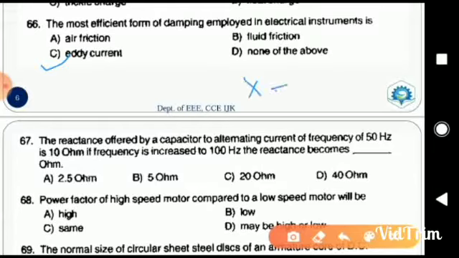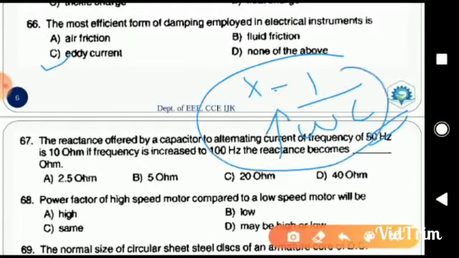We know that the reactance is equal to 1 by omega c, and omega is the radial frequency. Now, the angular frequency is given by 2 pi f. With the frequency, initially it was 50 Hz and now it is changed to 100 Hz. When it is changed to 100 Hz, the frequency has been doubled. So, if the frequency has become doubled and the capacitor is maintained as constant, the reactance will become half of